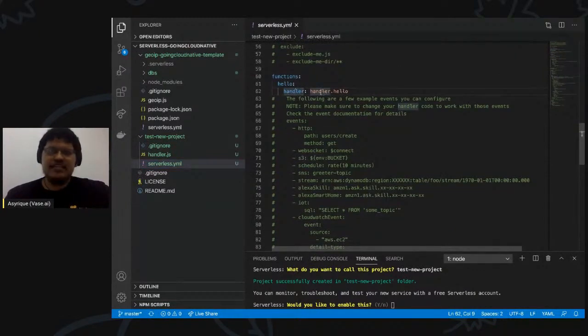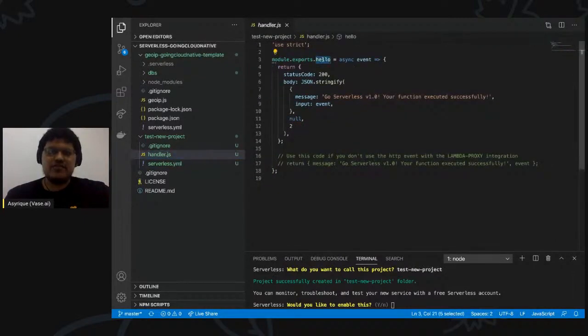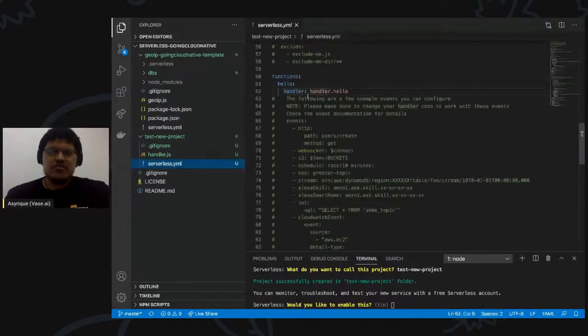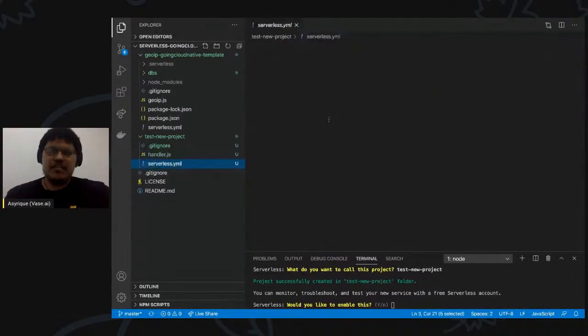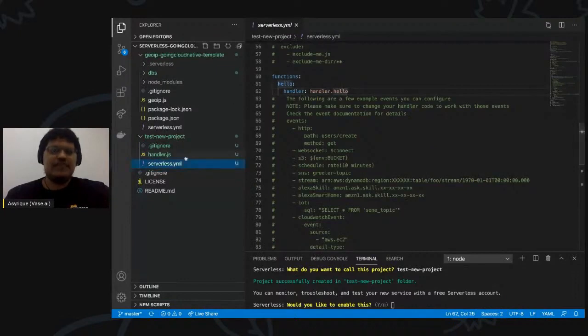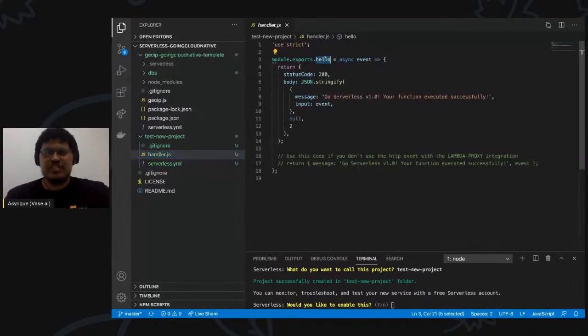So this is tied directly to the JS file as well as the function inside there, hello, right? So you have a function name. This is whatever name you want to call it. And then the handler to it must be a JS file or a Py file, and then inside of the dot, there's a function name there, which will be tied to this function name here.